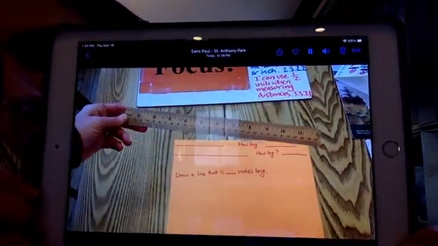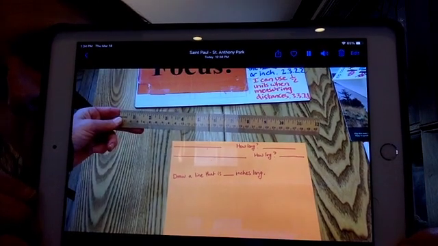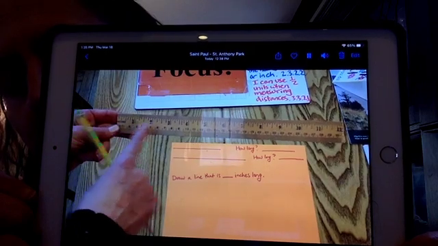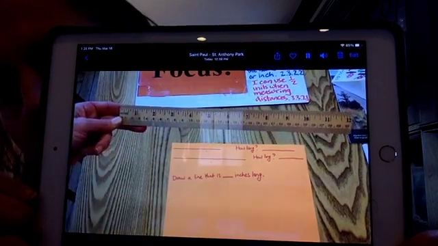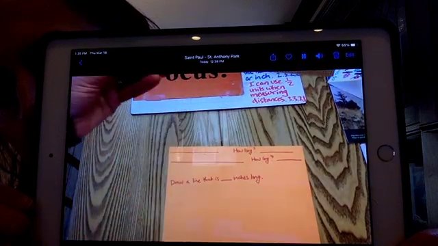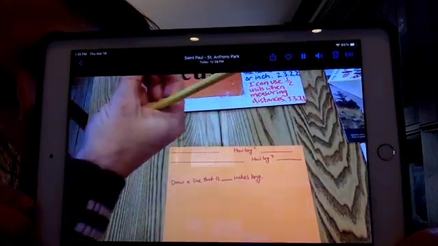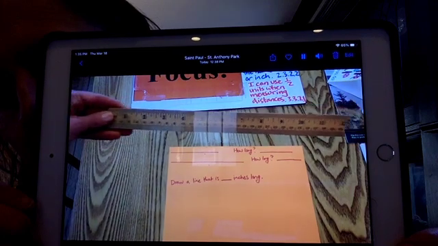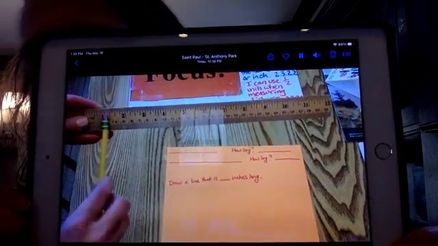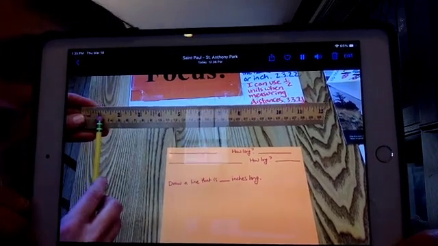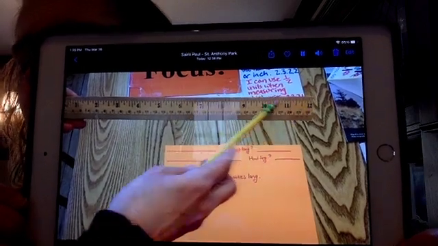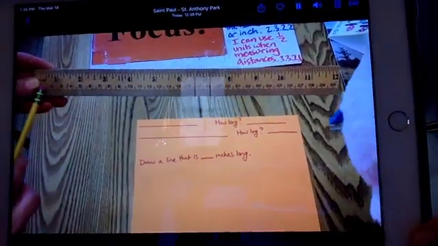So the first thing I have right here, you'll notice I'm holding up my ruler. A ruler actually measures both customary and metric. So the inches side, which is the customary, is on one side, and the metric, which is in centimeters, is on the other side. You'll notice that on a ruler there are two sets of numbers, and we're measuring with customary and with inches first, so you need to make sure that you're always looking at these inch marks right here,